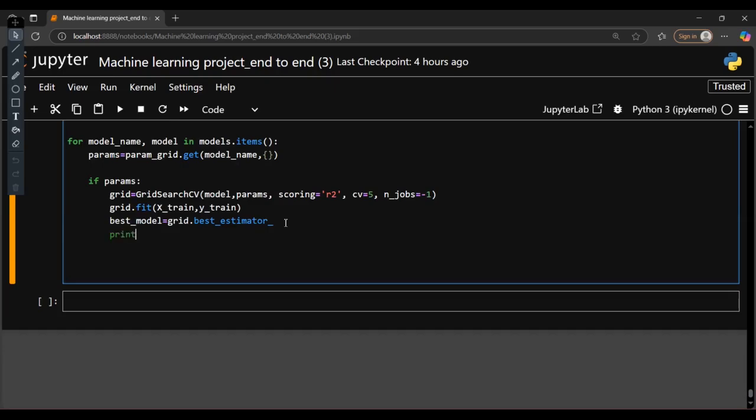print best parameters, the model name, best parameters with respect to grid dot best_params_, and I need the best parameters to be there. Okay,